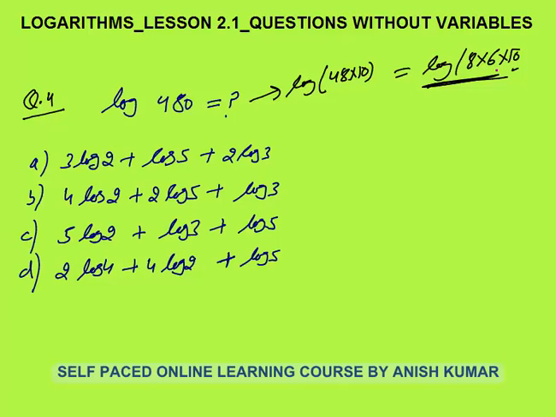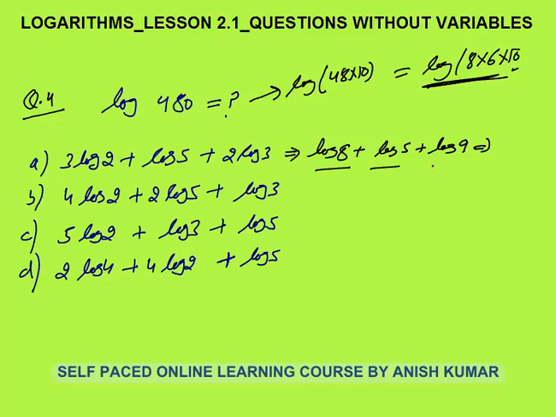So a better method for such questions is to use the options, because options are given to you. One of the options will form log 480, but to solve the question with the help of options, your speed must be fast. I can solve this verbally with the help of the options, but I will write it for you. This 3 log 2 becomes log 2 power 3, which is log 8. This 3 will become the power. 2 power 3 is 8, plus log 5, plus this becomes log 3 square, that is log of 9.